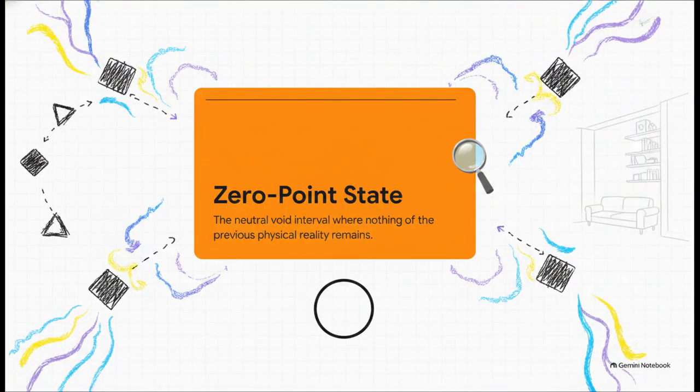It means physical continuity is a complete illusion. Between every single one of those flashing frames is the zero-point state. That's a neutral void where absolutely nothing of the previous physical reality remains. Nothing. So you might be wondering, what keeps your living room looking exactly like your living room from 1 millisecond